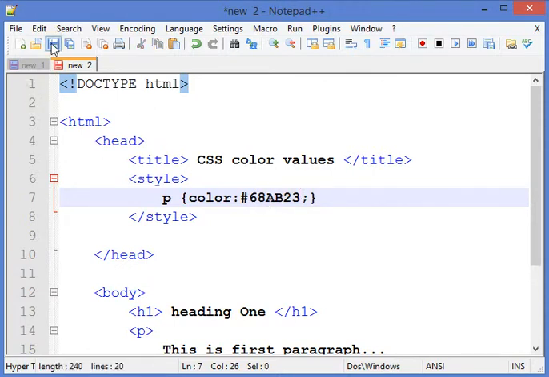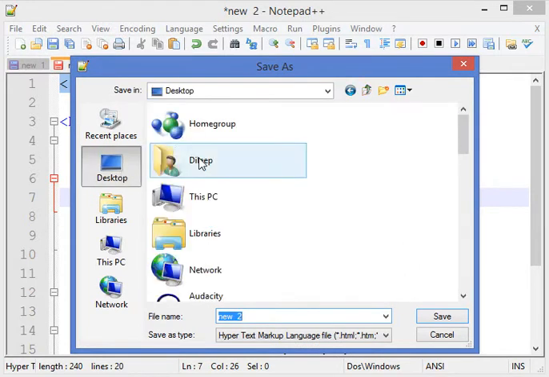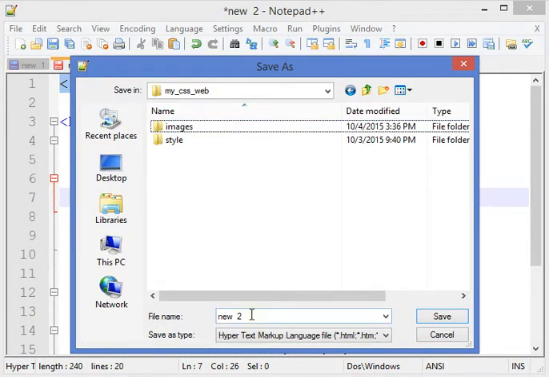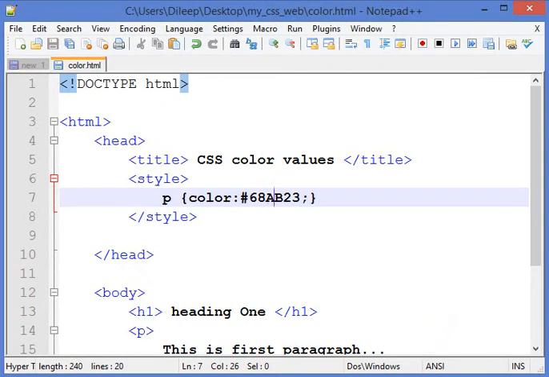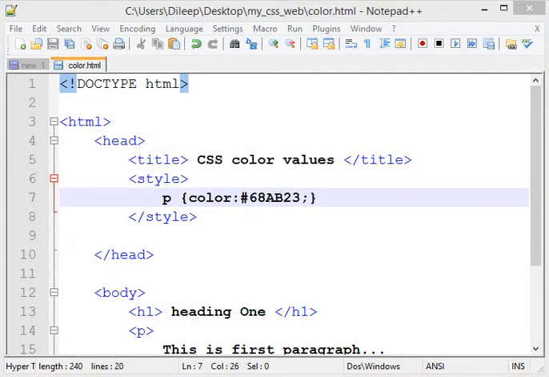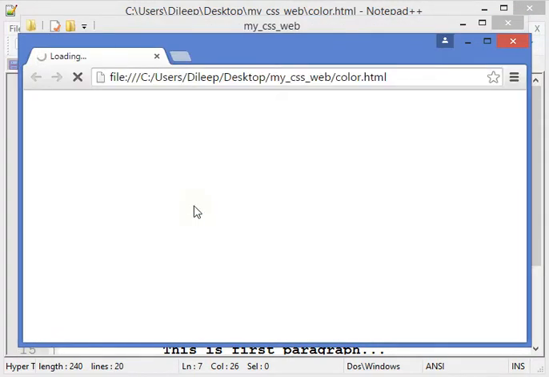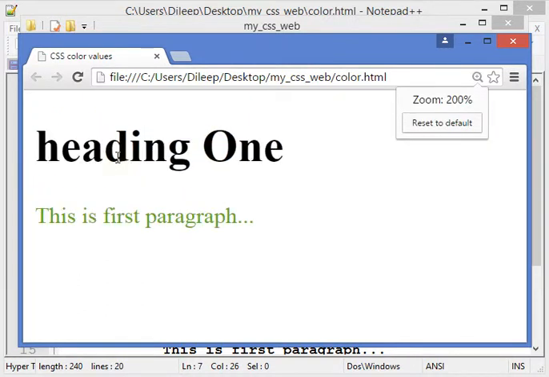So let us first save it. Let's give the name color.html. Okay, let's save it, and I will go to the folder, open color.html in the browser, and you can see the combination of color.